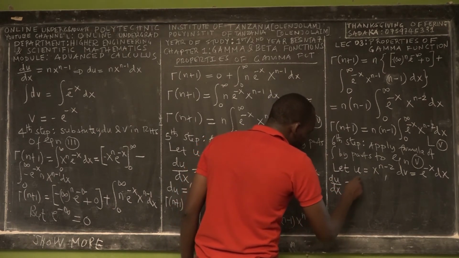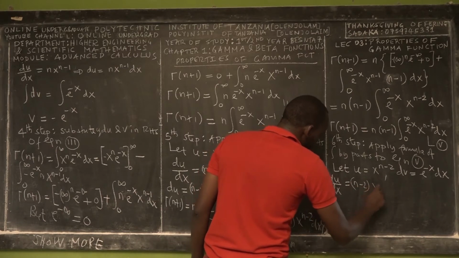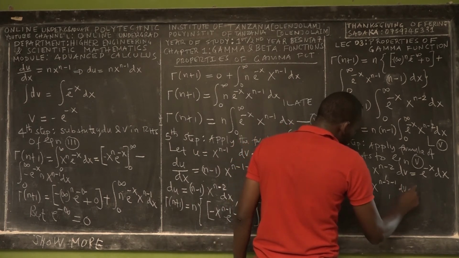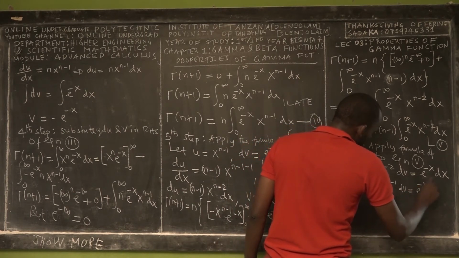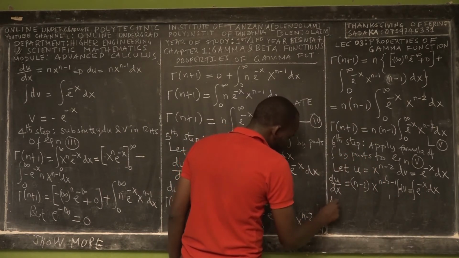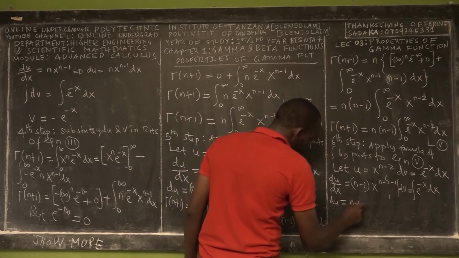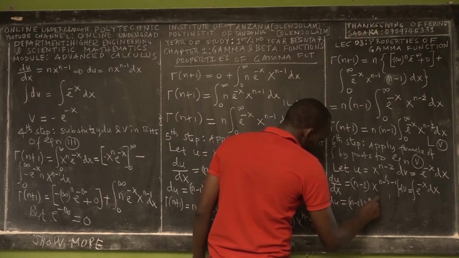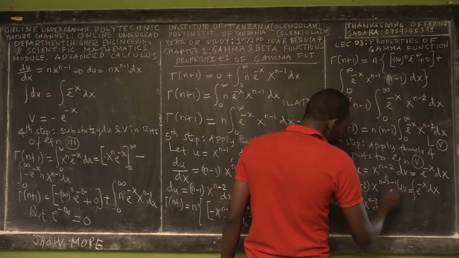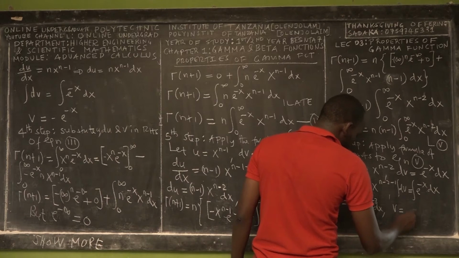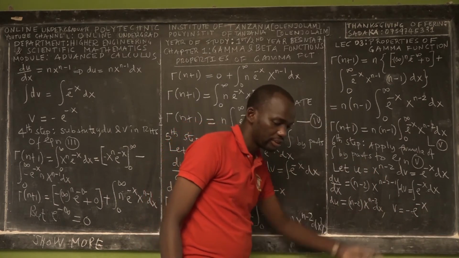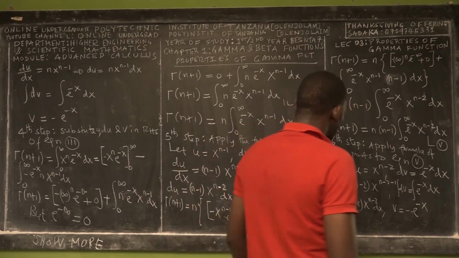u dx, then this is n minus 2, then x power n minus 2 minus 1. So then we have dv, so dv is equal to e power negative x dx. So then we integrate like this. So u is equal to n minus 2, then x power n minus 3, right? Then dx. If you integrate this one, v is equal to negative e power negative x. So these are very important information for the next integral process.